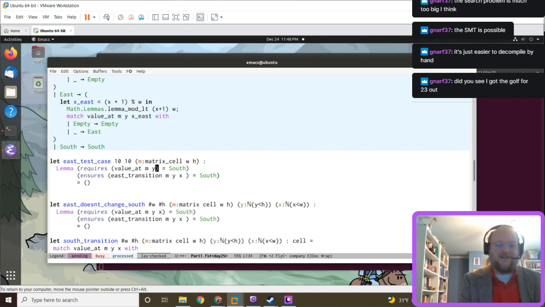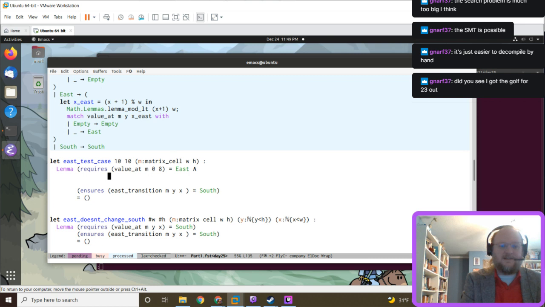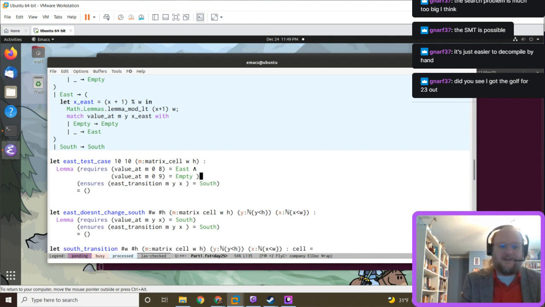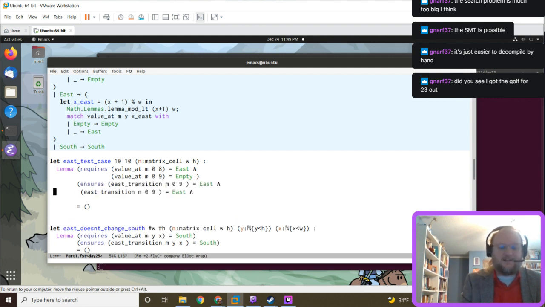Just assume that the value at 0, 8 equals east, and the value at 0, 9 equals empty, then transition of 0, 9 should be east, and east transition of 0, 8 should be empty.